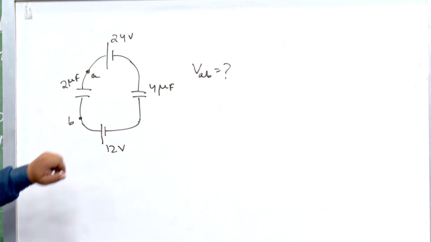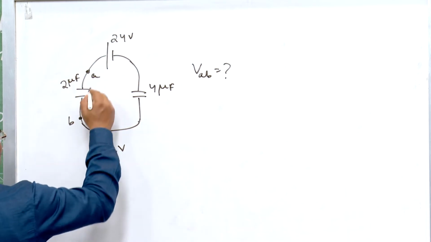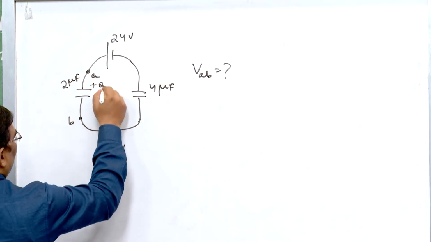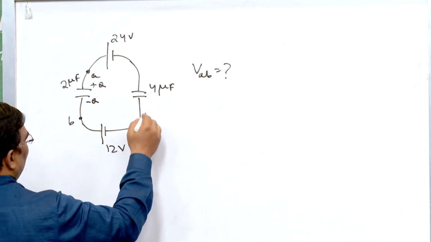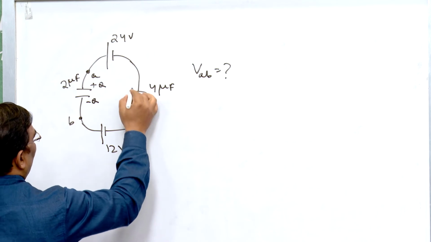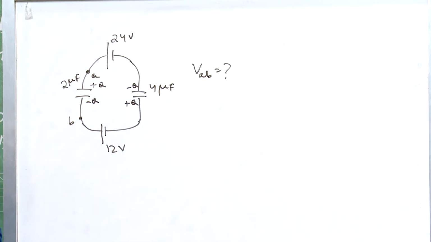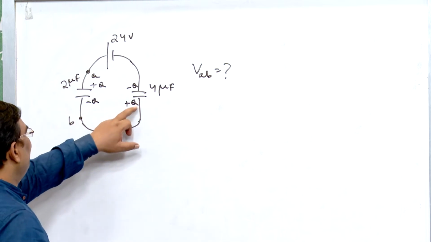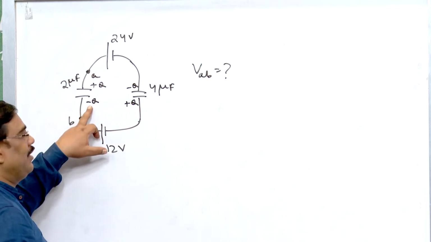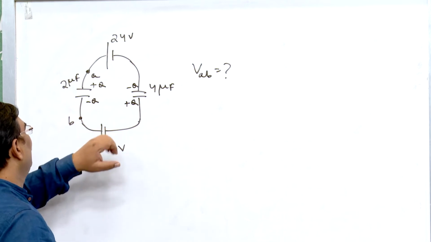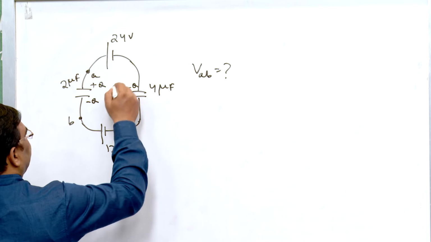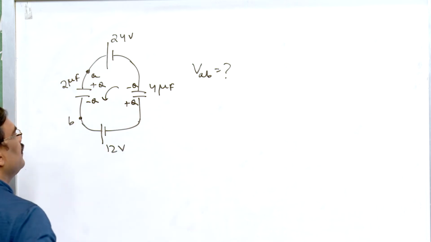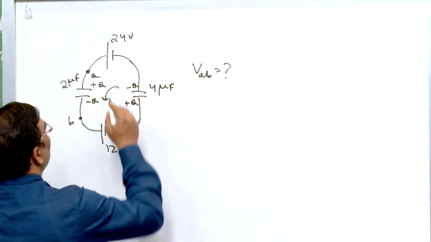So, to solve this one, this plate will be positive. So, this is plus Q, this is minus Q, and obviously, this will be plus Q and this will be minus Q. So, what we see here is that the positive plate of a capacitor is connected to the negative plate of another capacitor. So, obviously, we say they are in series. So, using Kirchhoff's law in this network, we get